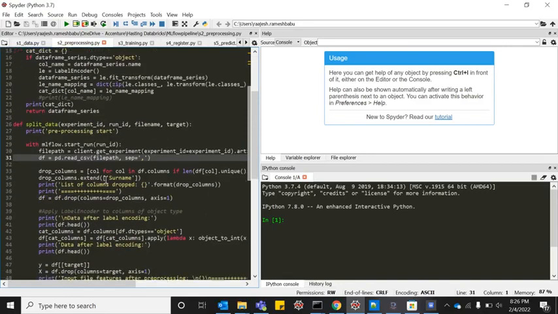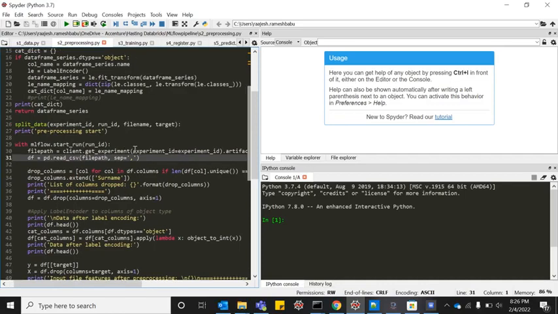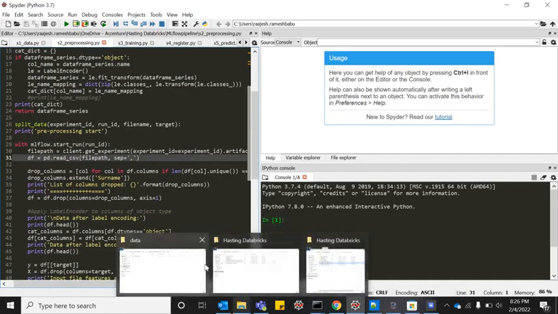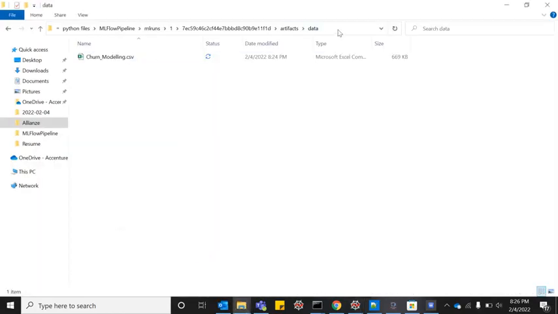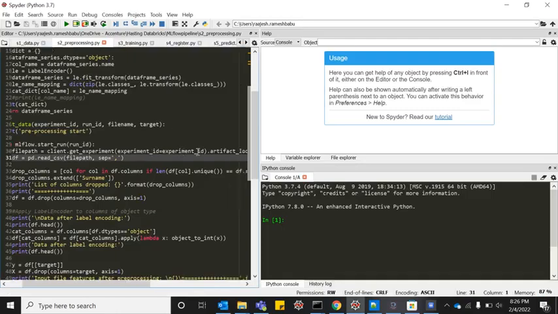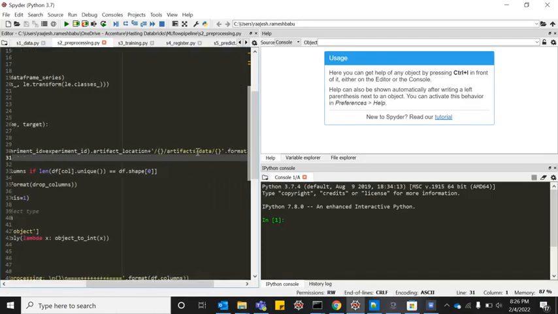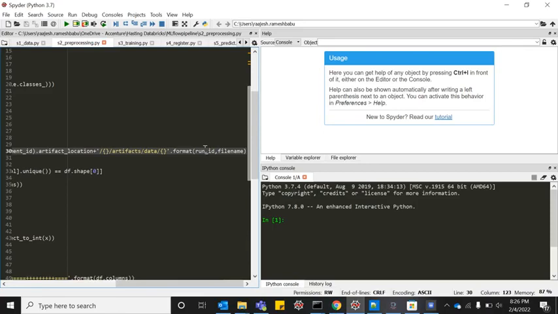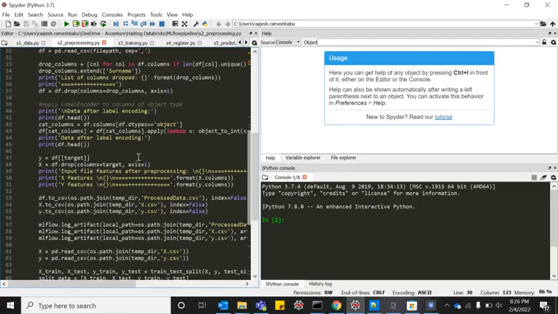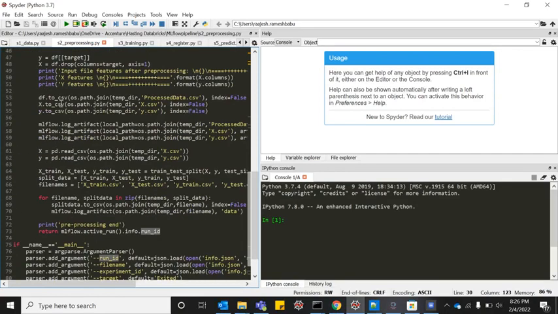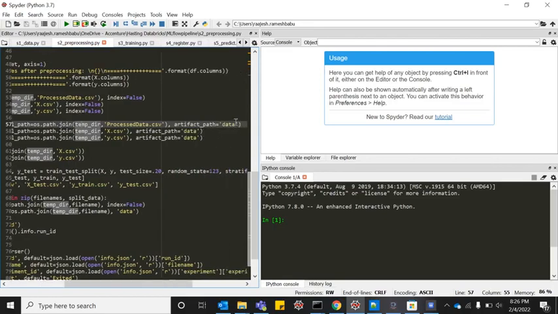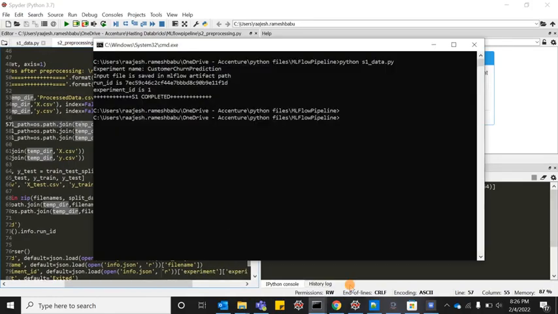The only new concept is that we get the data from this place only. So you can see from this experiment ID, from this artifact location of this particular run ID, take the data and do all the pre-processing. In the same way, log the artifacts. We have some files in the temporary directory; take them and save them in that particular data folder. So if I run this,